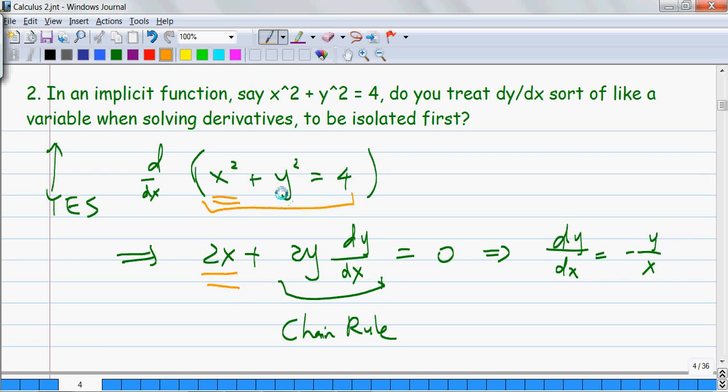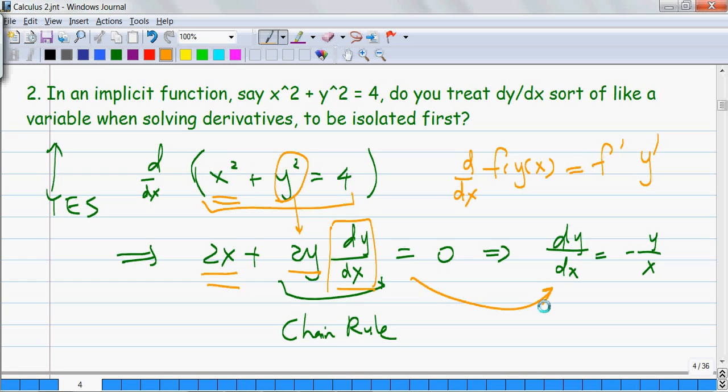But when you are differentiating something like y squared, a function of y, then you treat this using the chain rule. So y squared is basically f of y of x. So when you differentiate this with respect to x, then what you get is f prime multiplied by y prime. So here, the derivative of the outside function, which is the square function, is 2y, and the derivative of y is dy/dx. And so going back to your question, you treat this thing as a variable, and then you